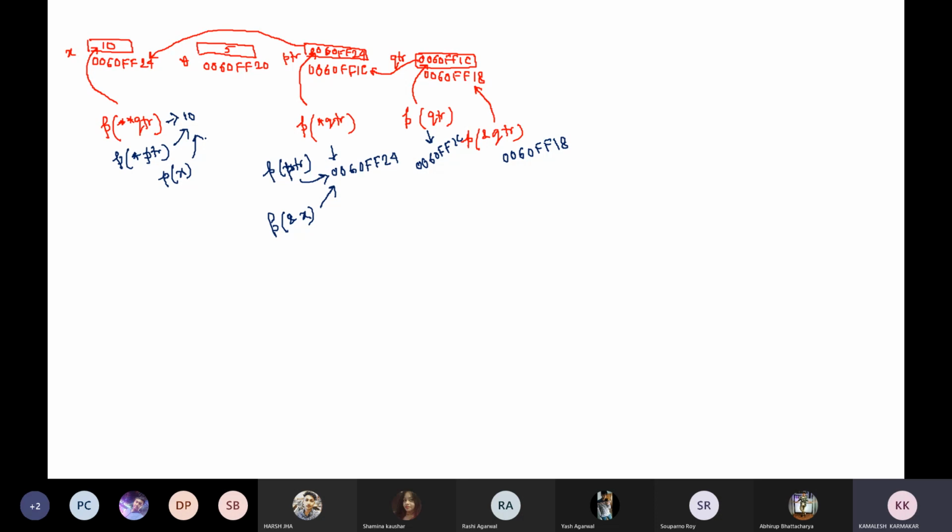Okay. Any problem? Sir, I have a question. While declaring qtr, why did we use double asterisks? If you want to store the address of another pointer, then you have to add one more star during declaration. Yes, sir. Then if we want to store the address of qtr, then again we have to declare another with double asterisk.